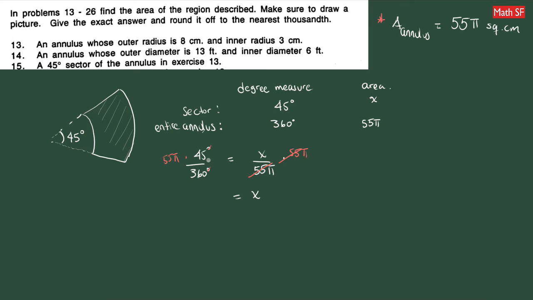So I could have reduced that here. So I'm going to say 45 goes into itself once, and this goes 8 times. So pretty much we're left with 55 pi over 8. That should be the area of the sector of the annulus. So the area of the 45 degree sector of the annulus should be that. That's the exact solution. So I'm going to write here: area of the 45 degree sector of the annulus